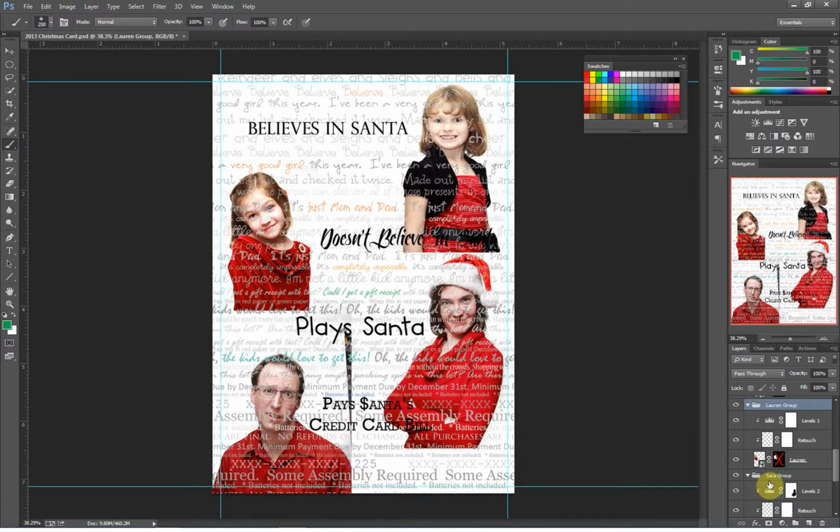So putting related layers together into groups makes finding layers as I need them much easier. And it's very, very easy to set up a group. For example, I've got 2 layers that aren't grouped up here. If I click on both of them, and then there's this file folder icon at the bottom of the layer stack, if I click both of them and drag them down there, then you can see what it does is it sets it up as a group, and I can call this final text